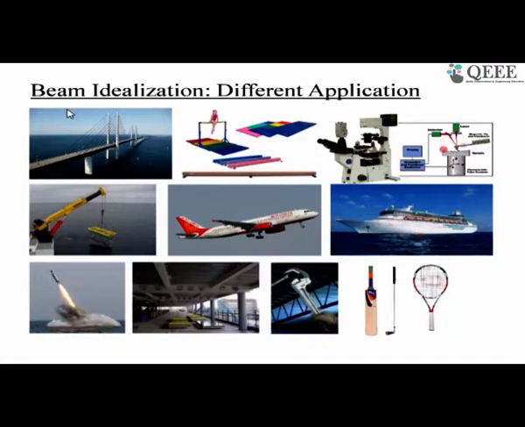Even in this instrument, which is used to determine the surface of a specimen, where the size is in terms of mm, what is done is, we have a small cantilever beam which vibrates, and every time it vibrates, it tries to sense the profile of the surface. The size of this cantilever beam is in terms of a fraction of mm, or sometimes mm. So this also can be idealized as a beam. So when you say beam, beam is a concept, an idealization. It has nothing to do with civil engineering. But as far as this course is concerned, we'll view beam